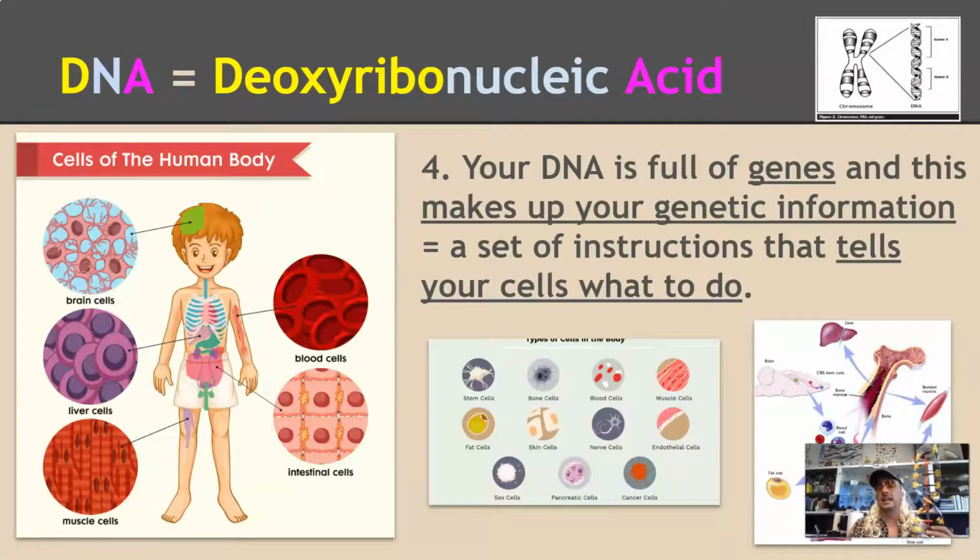And genetic information is the set of instructions that tells all your cells what to do. So you have a bunch of different genes in your different cell types. You have brain cells, right? And your brain cells have a bunch of different genes. Those make different proteins that shape the cell differently, that make it behave differently. You have muscle cells, and muscle cells have a bunch of different genes in there, sections of DNA, that are making specific muscle proteins. So in your brain cells, you're not making muscle proteins, so those sections of DNA aren't active. We'll talk about that in a second. So your genetic information is all of the different genes telling all of your different cells what to do.